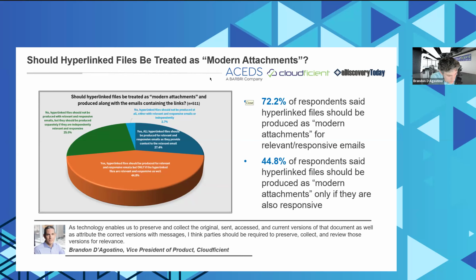And I would say that the technology doesn't determine whether or not to produce. It simply enables a more reasonable, proportional approach to reviewing it for relevance, right? As technology becomes better, as we get the ability to take a look at these, and it doesn't require manual effort, and it's more like the way that we handle emails with regular attachments, I think the tide will start to shift more towards, yeah, we should be producing them if they're responsive.